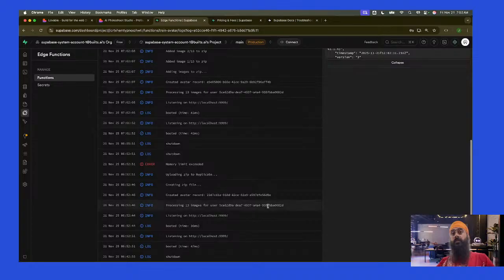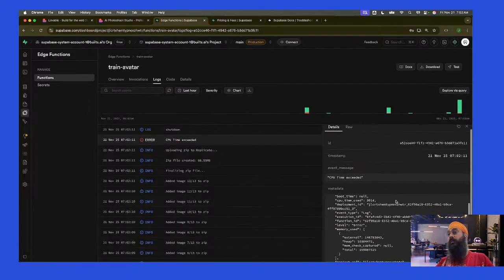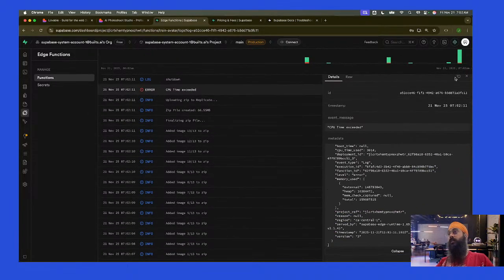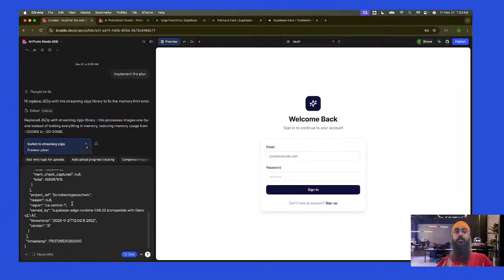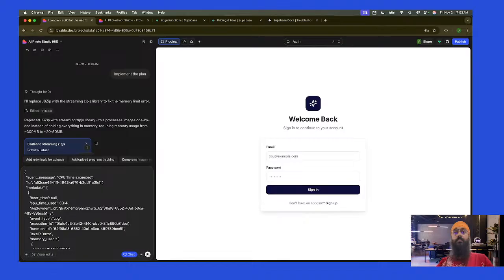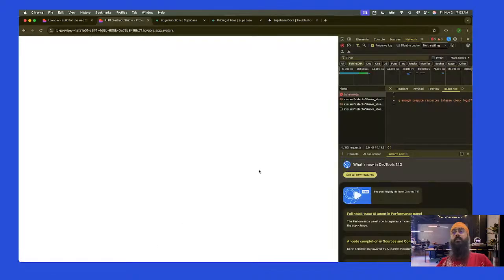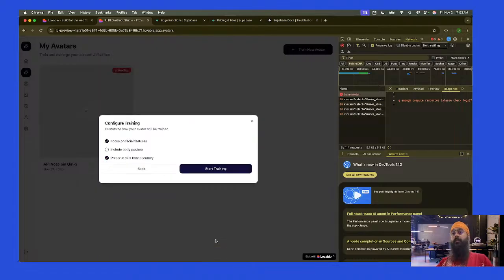Earlier it was memory limit exceeded. This time it's CPU limit exceeded. Oh, let's try with 10.